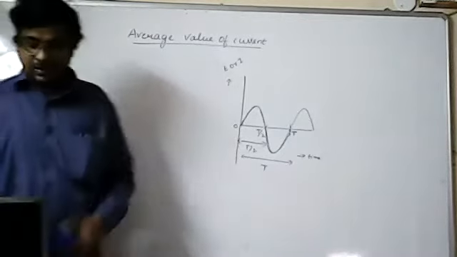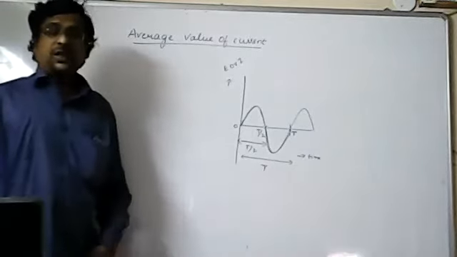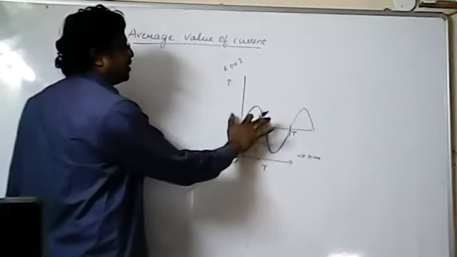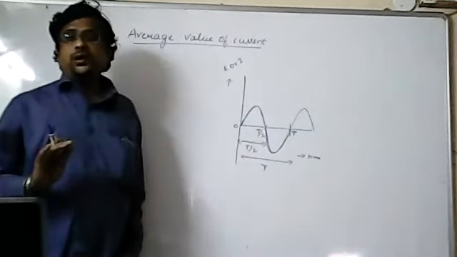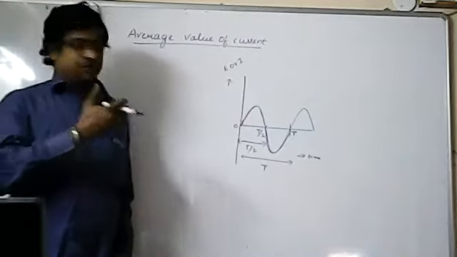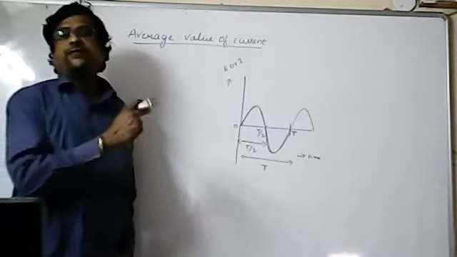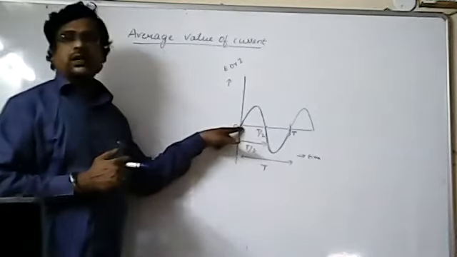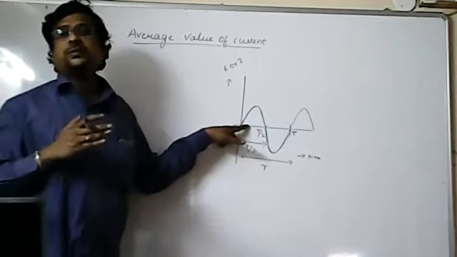But here it is not a discrete value, it is a continuous value. This is continuous, this is a curve. It has continuous values, not discrete values. For continuous values, we use integration in place of addition. In the example I gave, I added all the observations because they are discrete, different values. But here you have to calculate the mean for this curve. A curve means continuous values. So for continuous values, the addition is replaced by an integration.